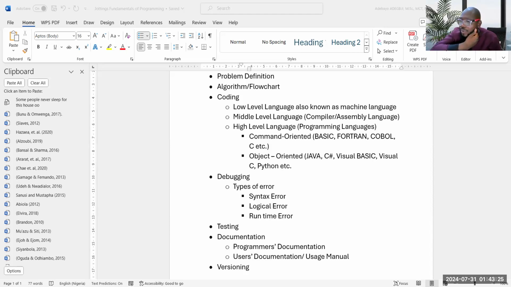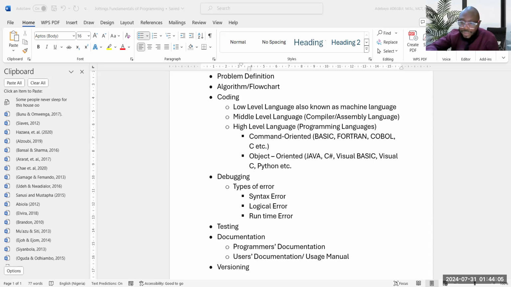Now, you check your program for syntax error and correct it. Even expert programmers might likely not write a program for the first time without having one or two errors. So it is part of common programming practice for us to encounter some errors when we write our programs. It's also a way by which young programmers get to grow and develop. And one thing about programming is consistency in doing it. It makes you more of an expert, and there will be fewer errors that you commit anytime you write a program.